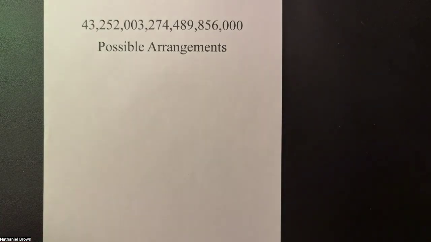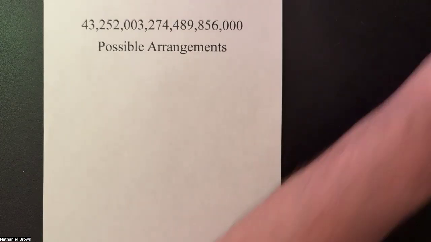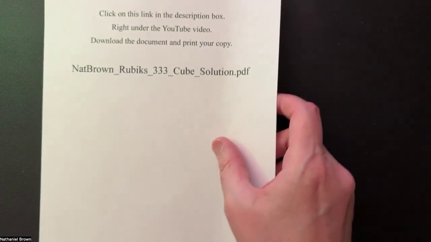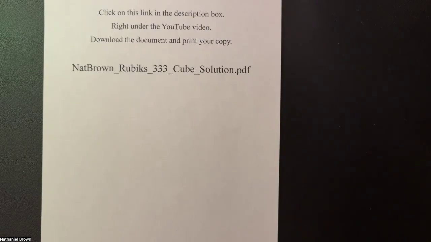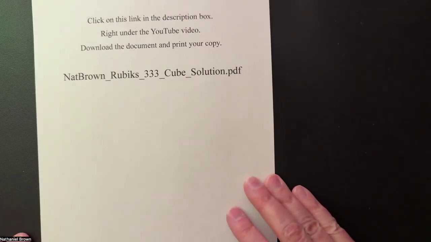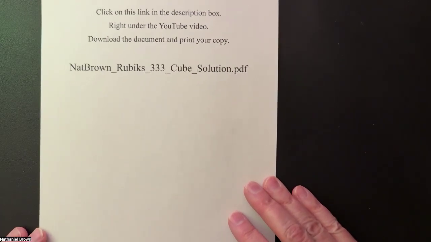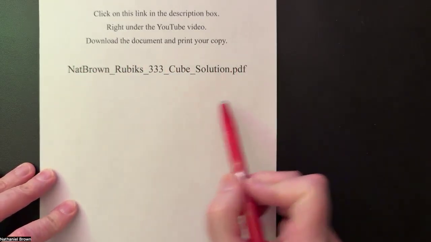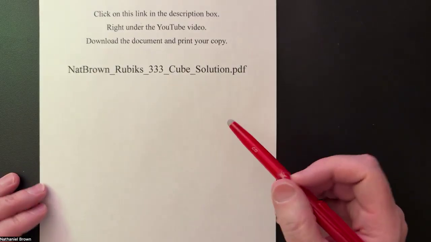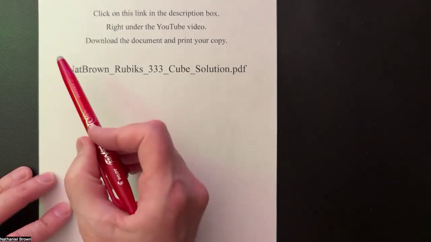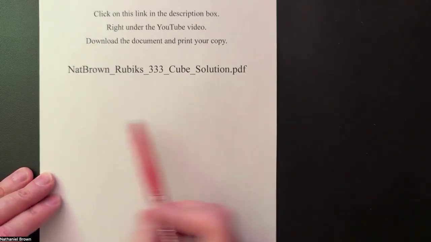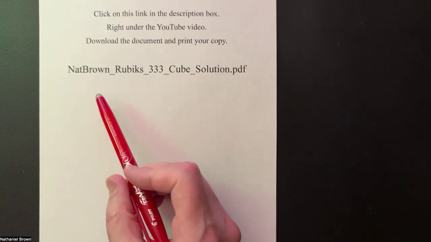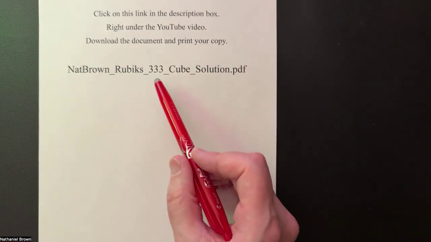Okay, so the first thing I need you to do is the following. What I need you to do is right below the YouTube video in the description box, you will see this link. Okay, so right below the YouTube video in the description box, look for this link. Click on this link. Okay, it says Nat Brown Rubik's 333 cube